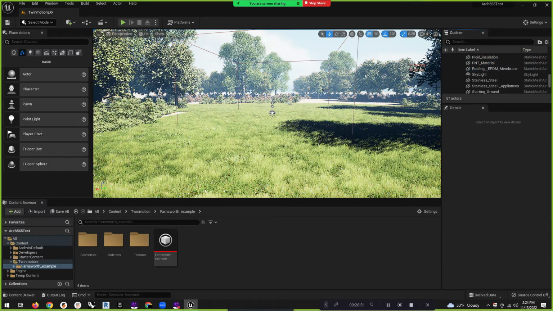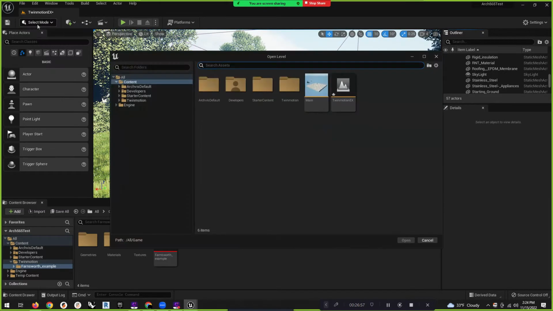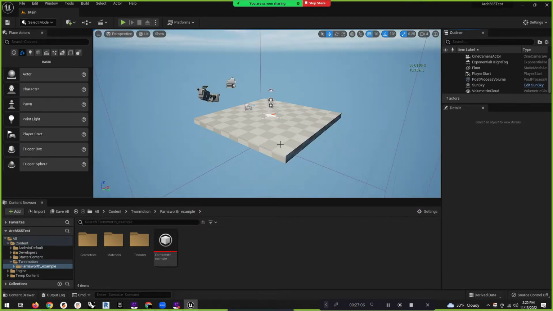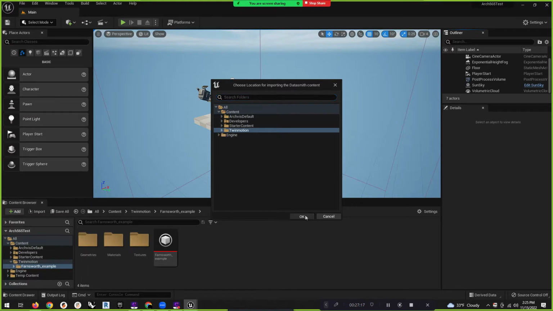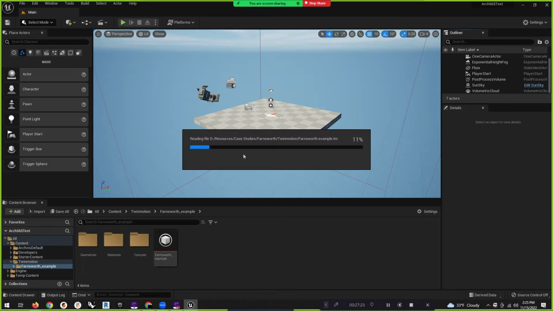Yes, I am. So I'm actually going to go up here to File, and I can say Open Level. I'm going to come back in here to my main level and just re-import this. Don't save. Back up to quickly add a project, Datasmith, file import, Farnsworth example, hit open, put it in the Twinmotion folder. We'll say OK, import all. Small hiccup, but the next thing that I want to show off after this gets done loading